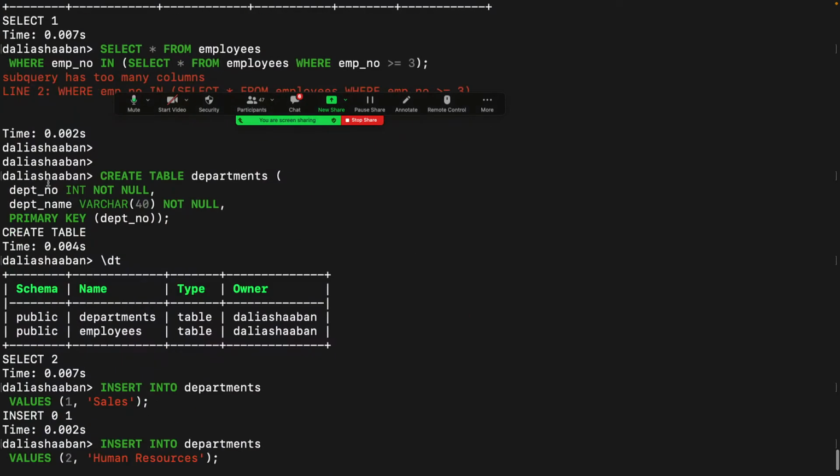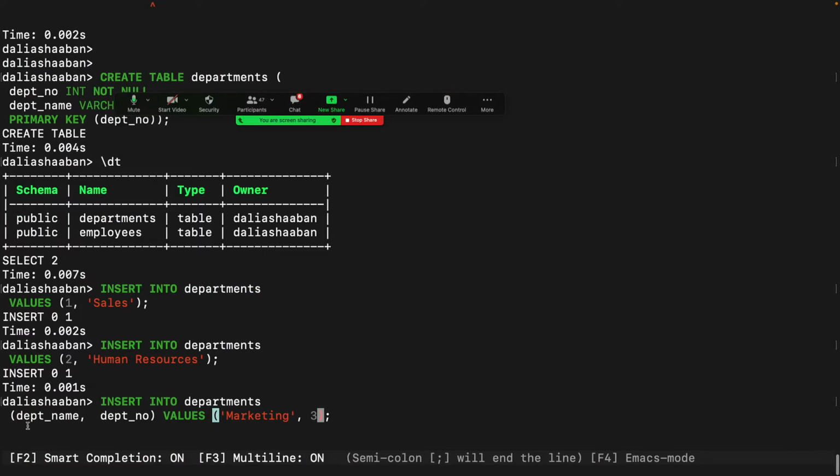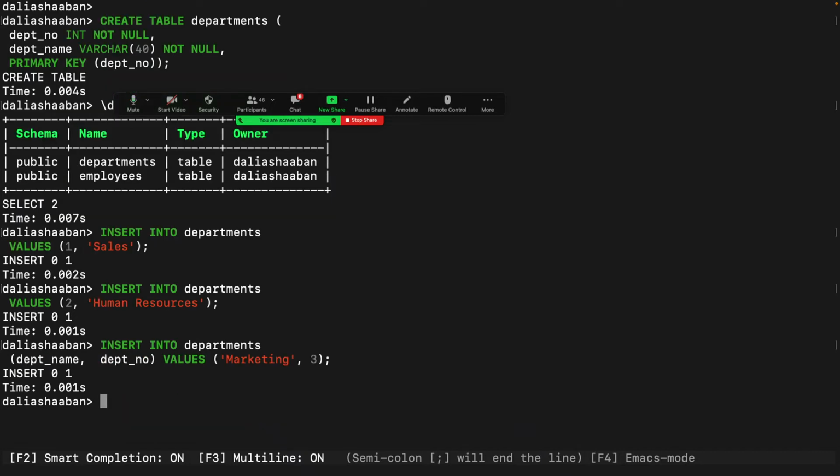The way we created it was first department number, then department name, but with this specification syntax, we can then switch it around. So it shows you that you really can insert things however you want as long as you declare it. And we're going to then insert into